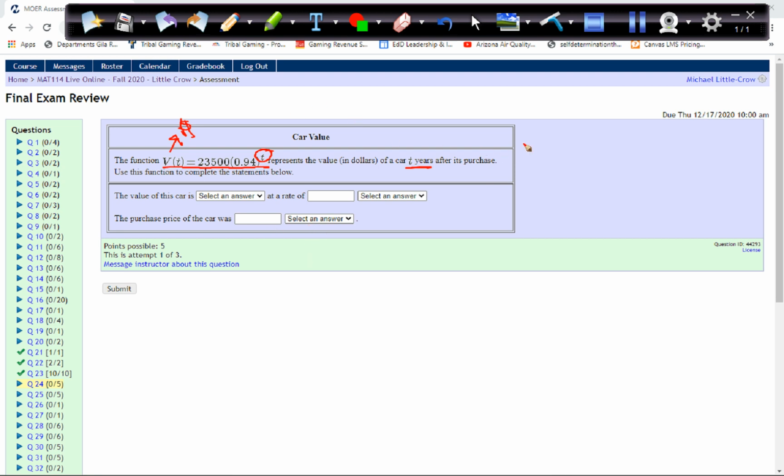Okay, so remember, when we have an exponential, we have to talk a little bit about these, which is what we have. The a is our initial value. The b, we subtract 1. So if we take b minus 1, that's going to give us the rate. Okay, so whatever b is, b minus 1 will be the rate. So the value of the car is